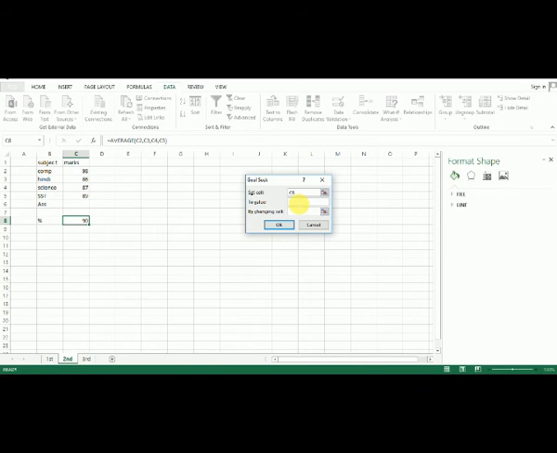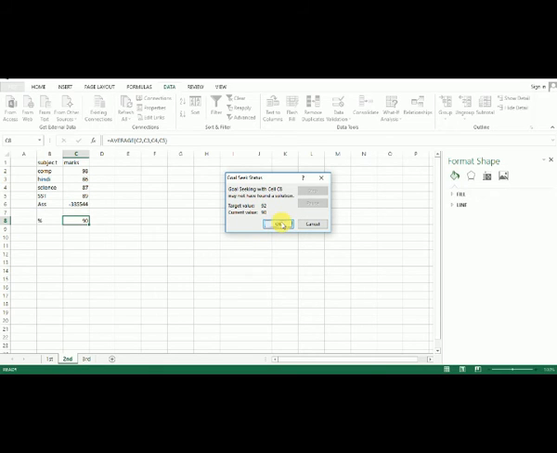To value, actually I want my percentage, suppose 92. My changing cell is the one I don't know, my Assamese mark. So I use 92, and by changing cell, that means my Assamese mark, select this cell and click on OK. You can see it automatically generates the Assamese mark.